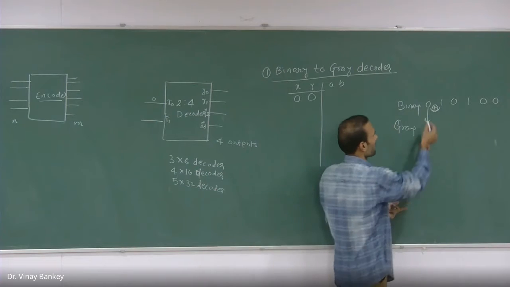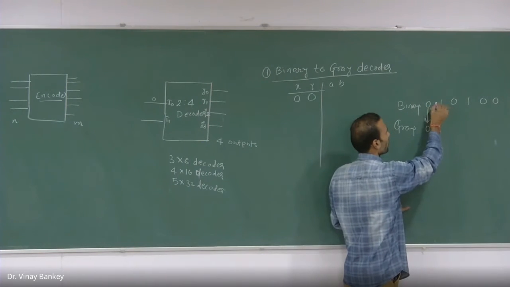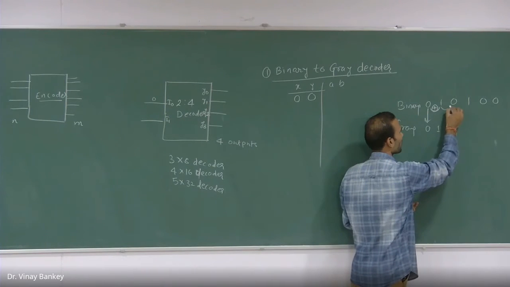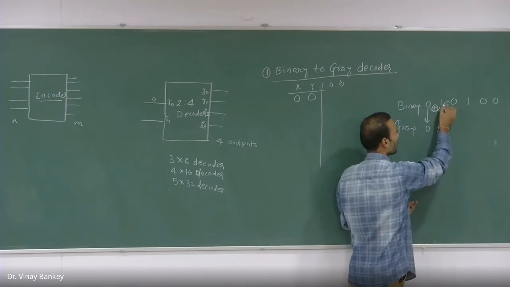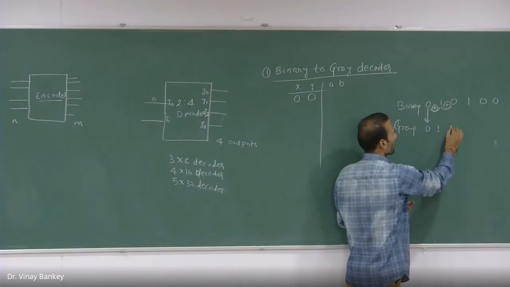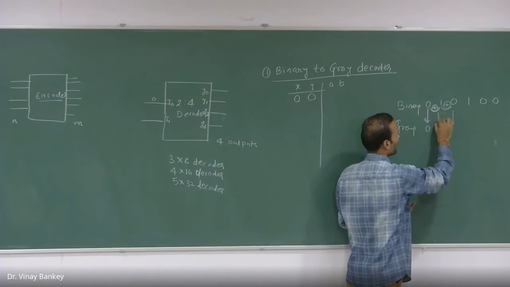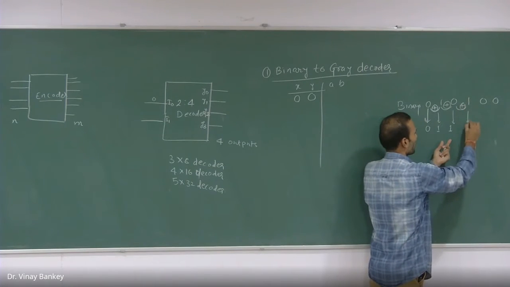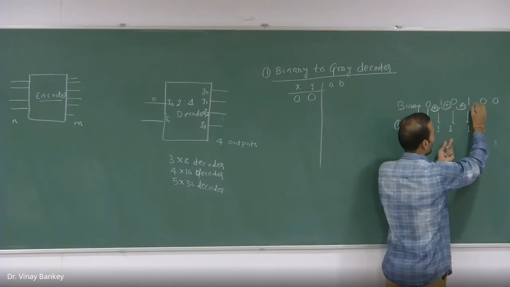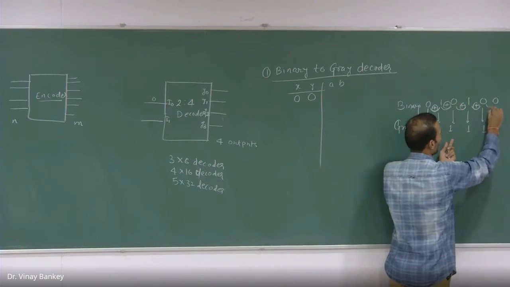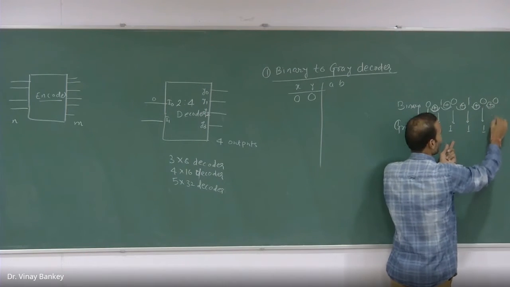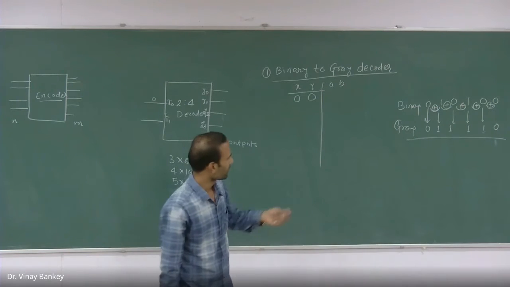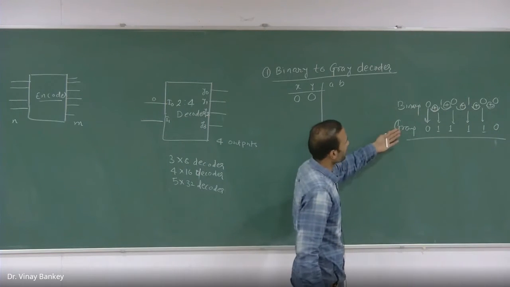Okay, so here you will have 0 and 1. The XOR operation will be 1. Then again you will see these 2 bits, 0 and 1, an XOR operation. Again the next bit in the gray code will be 1. Here again this will be 1. XOR between 1 and 0 will be 1, and XOR between this 0 and 0 will be 0. Correct? So this is the way you convert a binary number into a gray number.